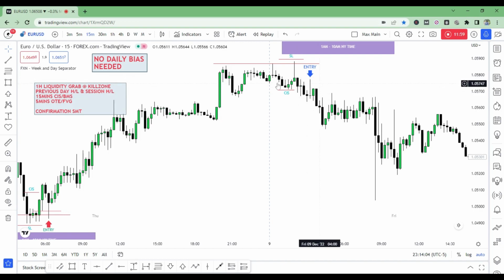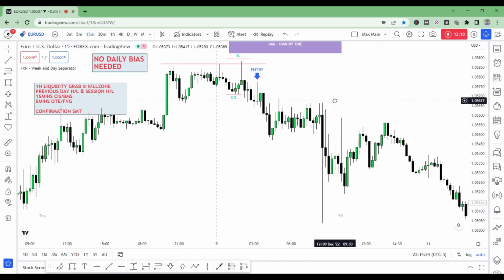So that is your entry. That's it. And you place your stop right there. This is the only confirmation you need on the 15 minutes. Later on, we'll be dropping into the 5 minutes, and we'll be looking at how we can even use optimal trade entry, or OTE as ICT teaches it, to execute and enter here using the 5 minutes.